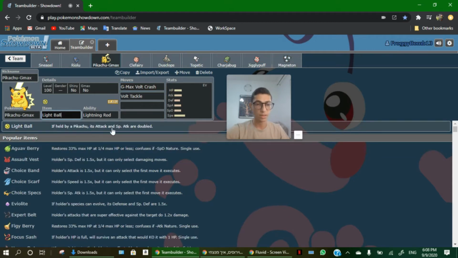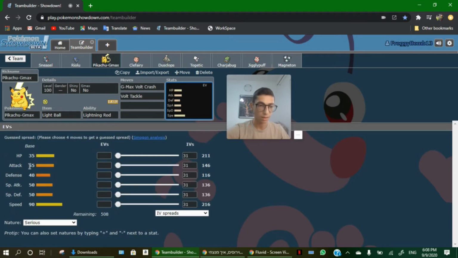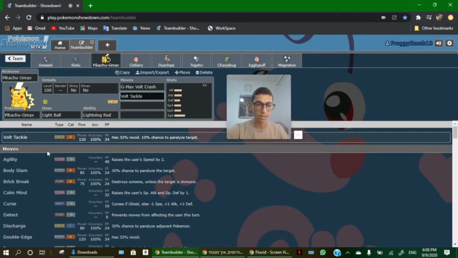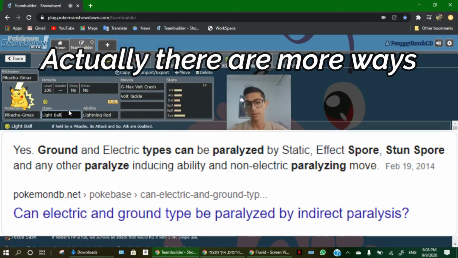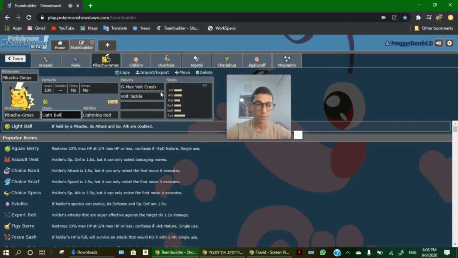And with the Light Ball that doubles Pikachu's attack and special attack, it's actually going to be doing a lot of damage if you use a physical attacking move like Volt Tackle, which makes it like a 150 base power max move or 140 base power. It's very, very powerful, and usually you'll be running Light Ball or maybe a Focus Sash, but getting the paralysis